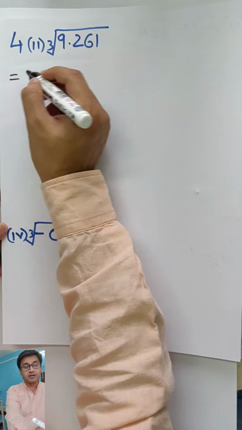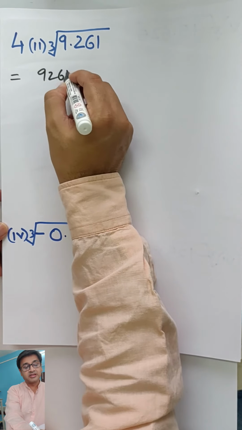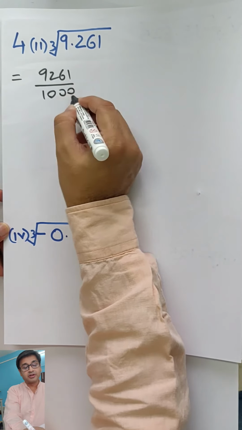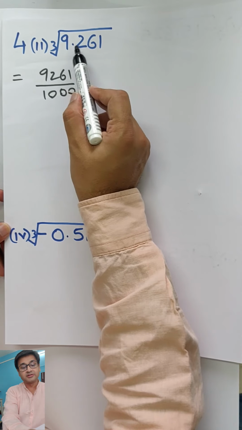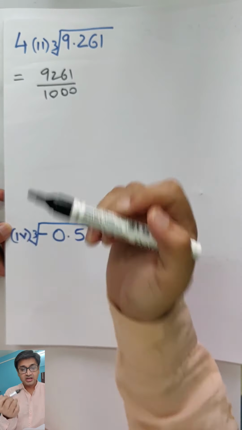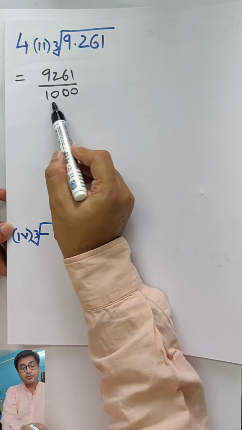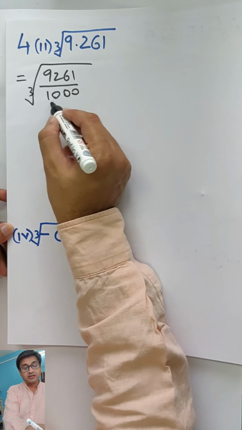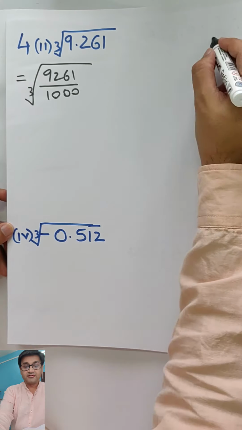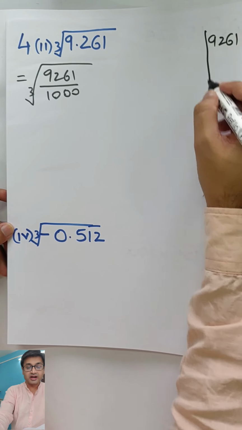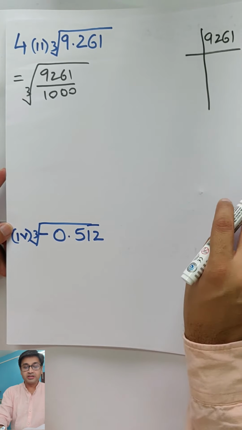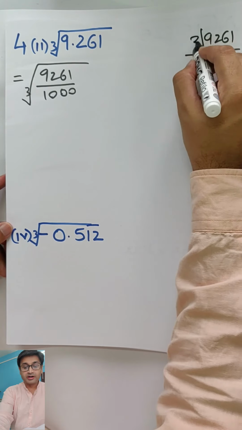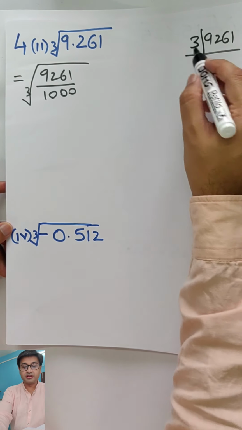I'll give you an easier method. Whenever you see decimals, get rid of it by putting that many zeros down. So after the decimal place, I can see 3 digits. Count 1 2 3. Therefore put 3 zeros in the denominator. I hope you know this already. So now the cube root of this 1000 is 10. Let's find for 9261 what should be the factors. So it goes in 3. It's 21. Yeah, I remember. So 3 and 7 should be the factors.